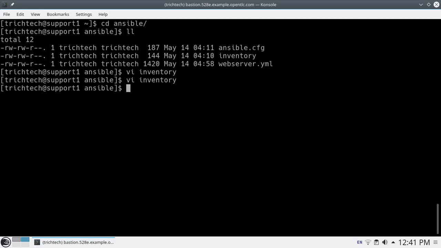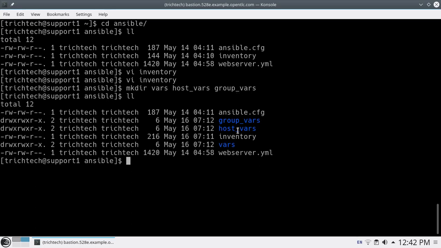Now I'll create three folders: vars, host underscore vars, and group underscore vars.